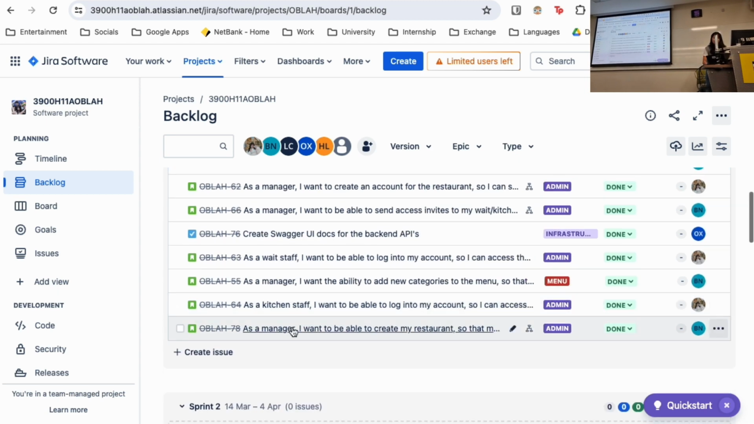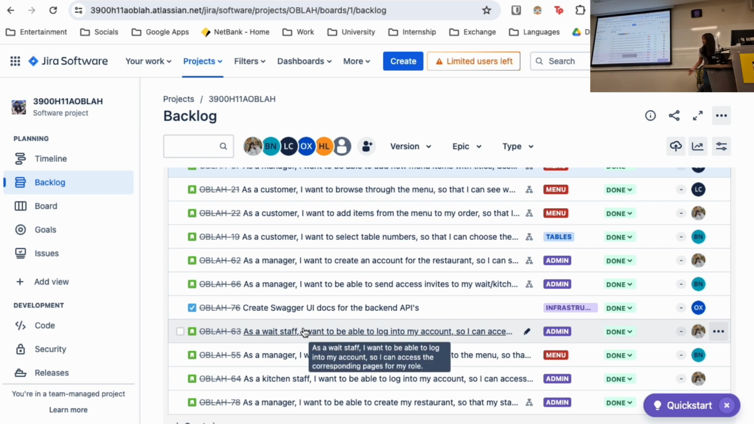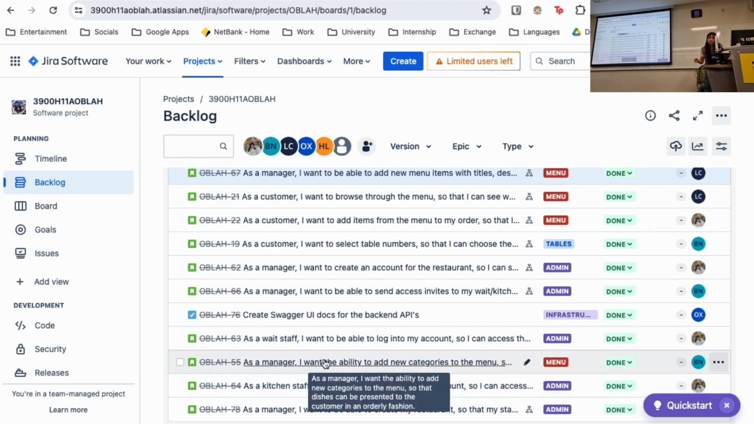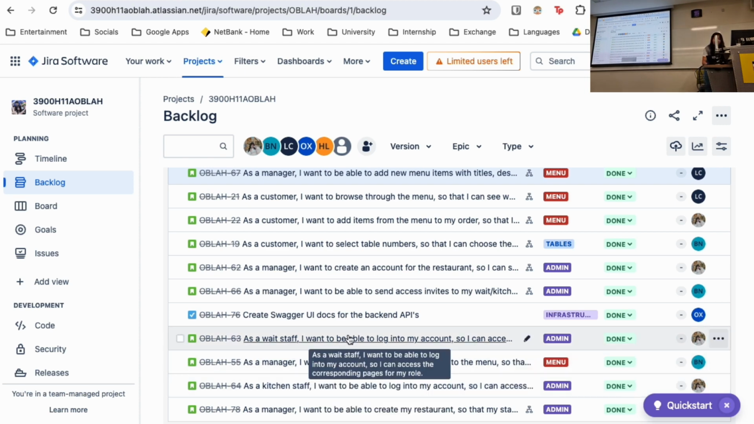So that's what we prioritize, and also the auth system, so that people can create accounts and log in. Those are the tasks the managers need to be able to do by end of Sprint 1. For wait staff and kitchen staff, the core features will come in later sprints. But for the first sprint, we want them to be able to be invited by a manager, and once they are invited, they will